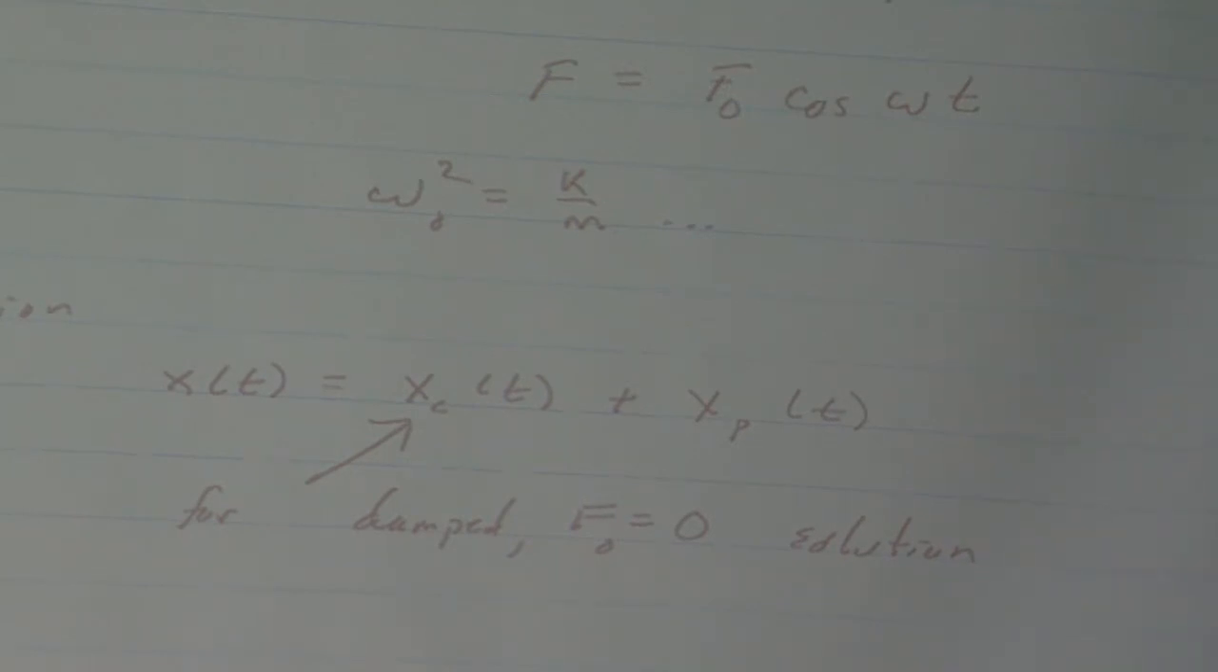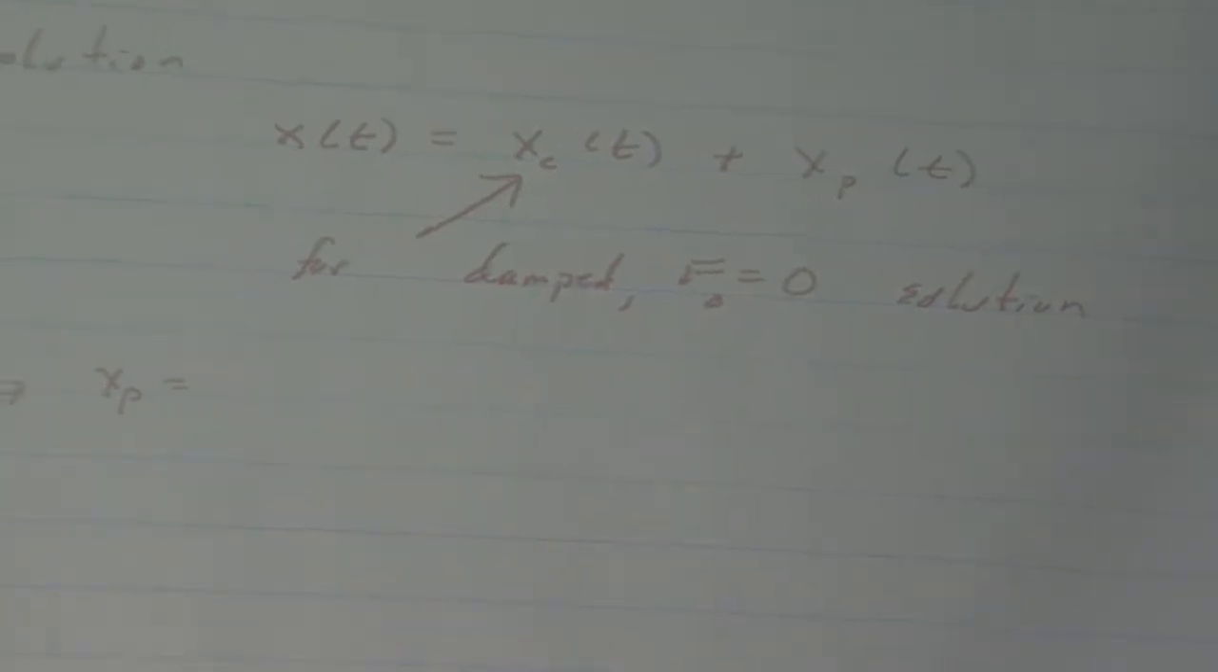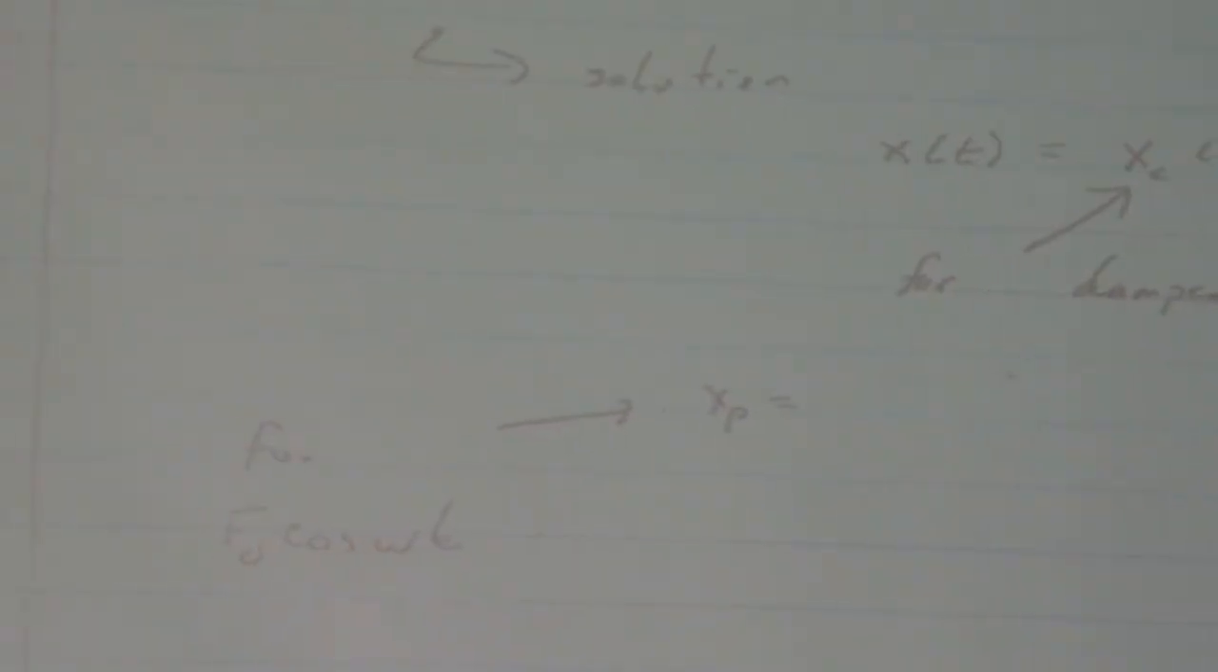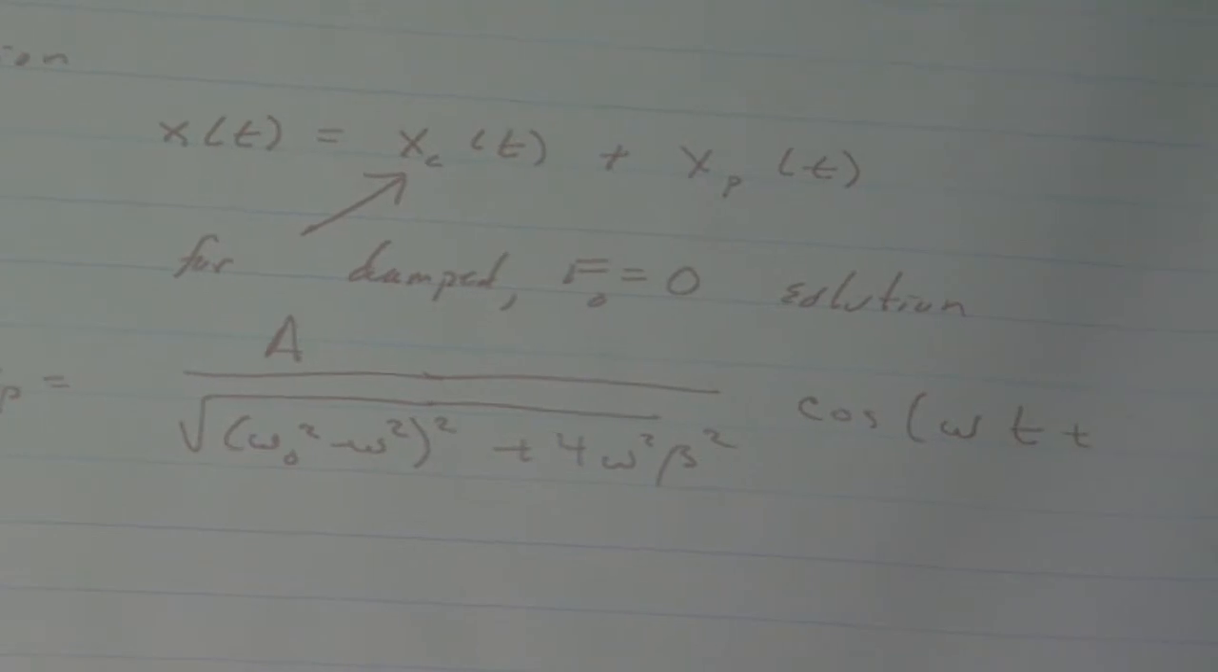Solves the non-homogeneous part, right. And the particular solution for this case, for F0 cosine omega t, is A over the square root of (omega 0 squared minus omega squared) squared plus 4 omega squared beta squared, times cosine of omega t plus delta,